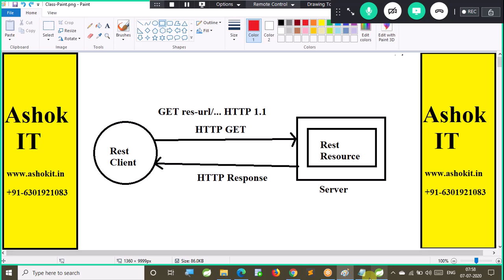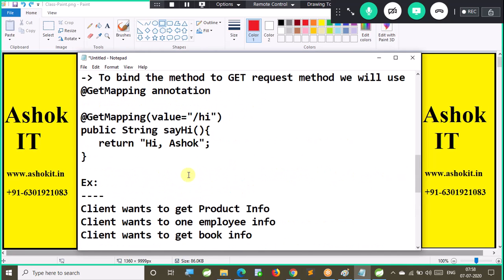Now, here I have written one method which is used to give me hi, but this method will always give hi Ashok. Here the name is hard coded. Now the thing is, whatever name I pass, for that person's name it has to say hi. That means I want to pass the name dynamically.